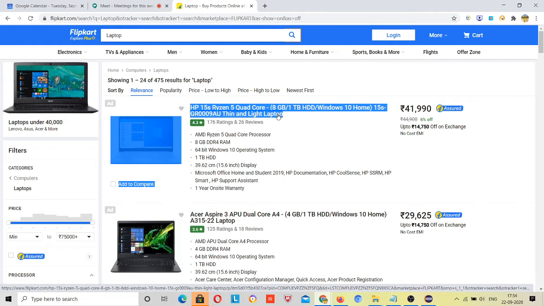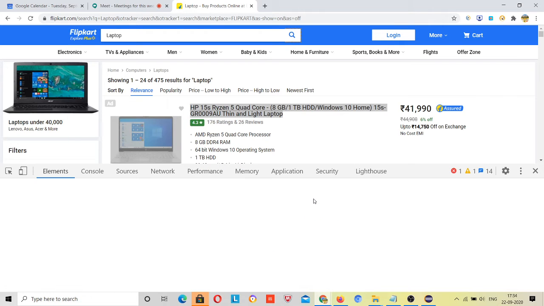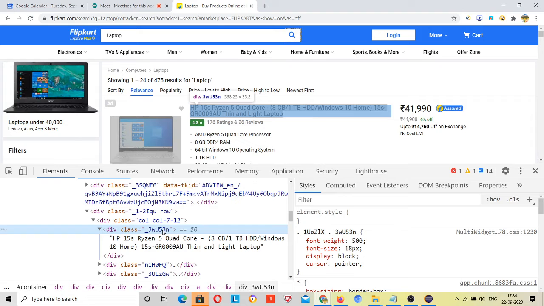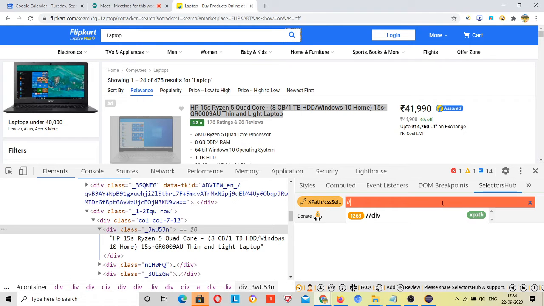Let me inspect it. See, this is a class. Let me check whether, if I create an XPath using this one, it highlights all of them or not.